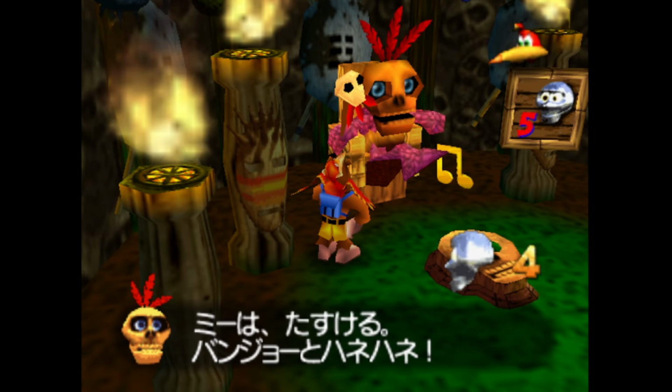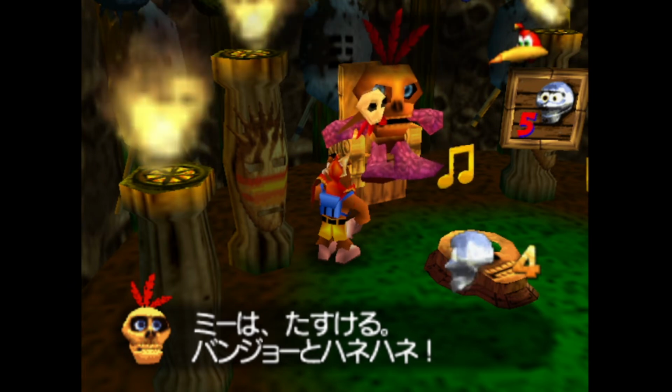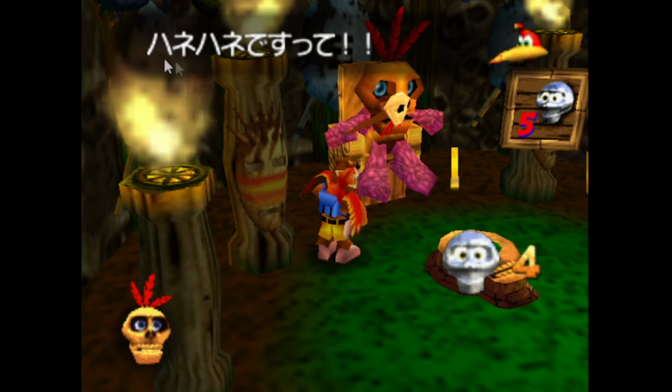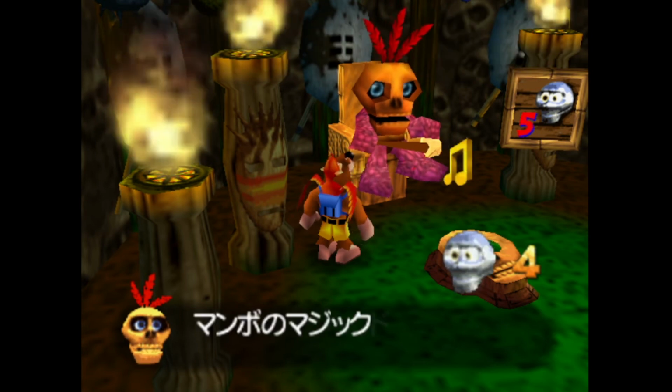I don't know if it's being replaced as like honey, but I don't know why he'd talk to Kazooie like that. Oh, I've only got 4 skulls. Hane hane desu. It might be talking condescendingly down to her as like honey. I will help the bear and dumb bird or something might be the English equivalent. So she's gotten annoyed at him for calling her honey honey. I'm not sure why. Maybe, like I say, maybe it is honey honey. A bit condescending.